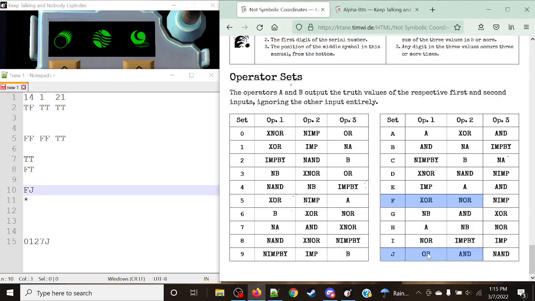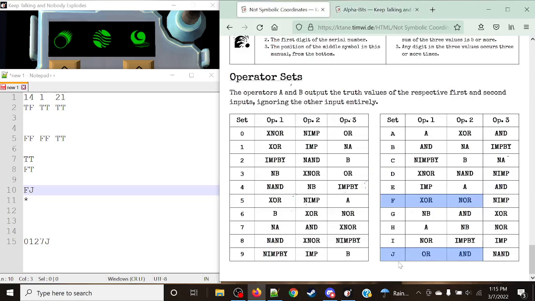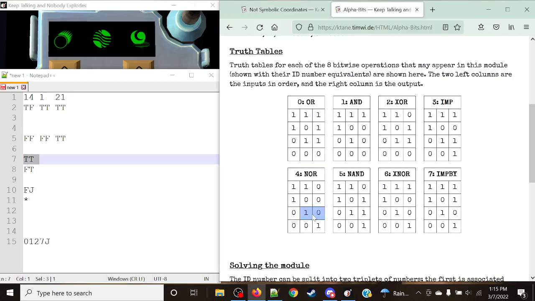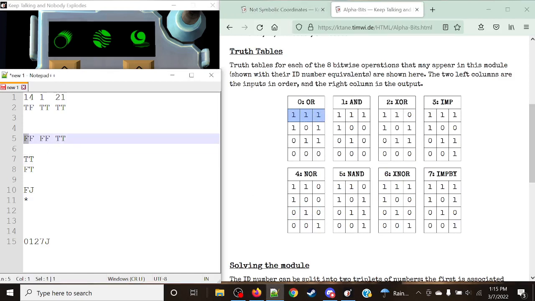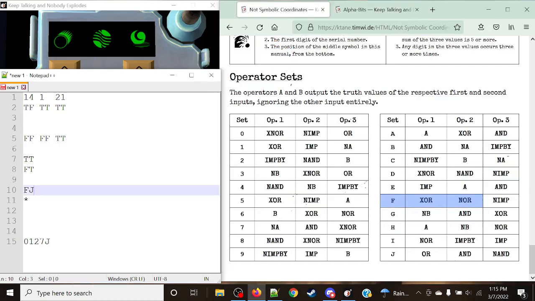And then Juliet, or we need to have at least one of them true for it to return true. So in this case, this is actually going to be a false because we're not going to be using Juliet at all. Because what we have here is a true, true. True, true returns a true, as you would suspect. So this means that essentially this would return as true, which we need to return false. So this is going to be getting rid of Juliet. And now, this actually confirms for us that Foxtrot is going to be used on the left set